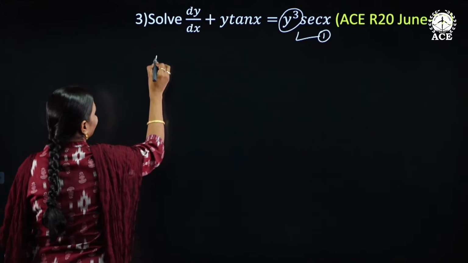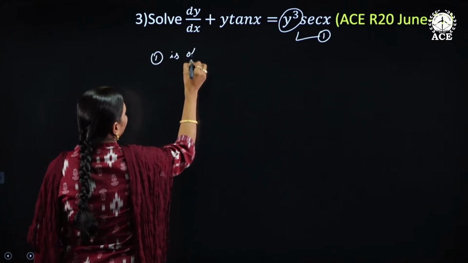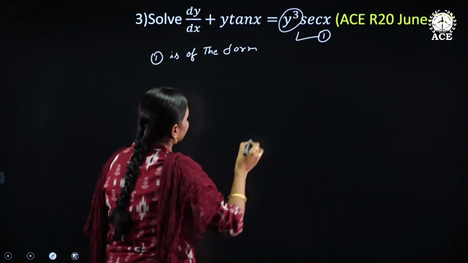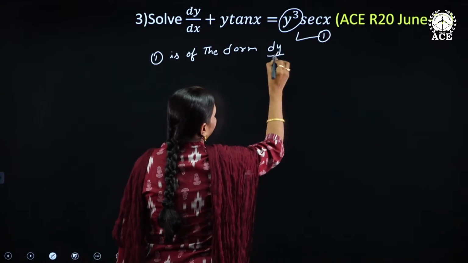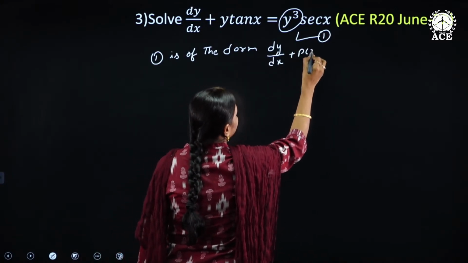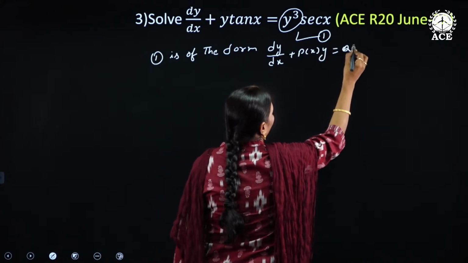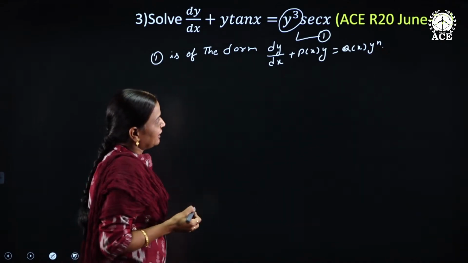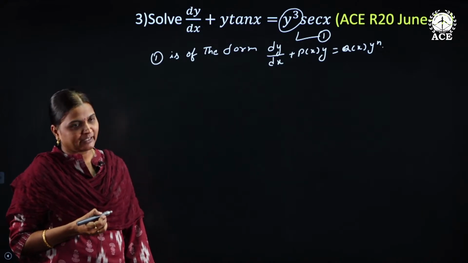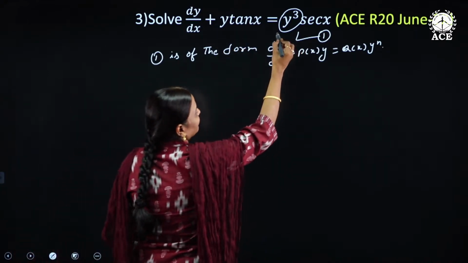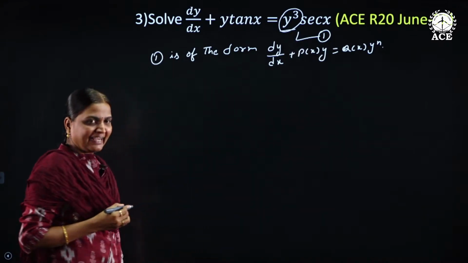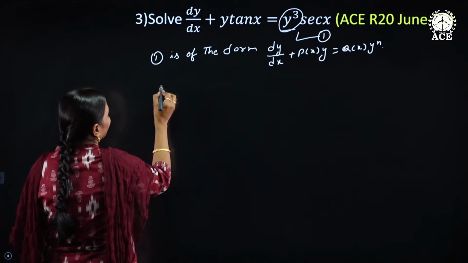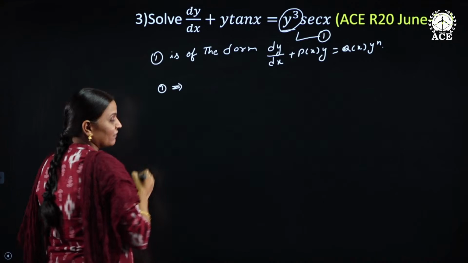What is the standard form of Bernoulli's equation? Equation 1 is of the form, what is the standard form of a Bernoulli's differential equation? dy by dx plus p of x into y is equal to q of x into y to the power n. So what is our procedure? First change the RHS to be free from y. In the RHS, what is the y power? y cube. So first divide the entire equation by y cube. Equation 1 can be written as, after dividing by y cube,